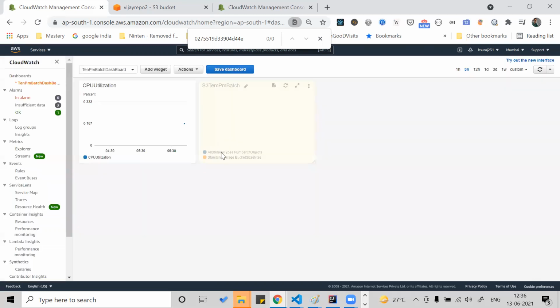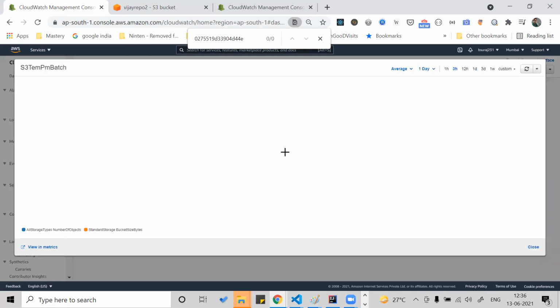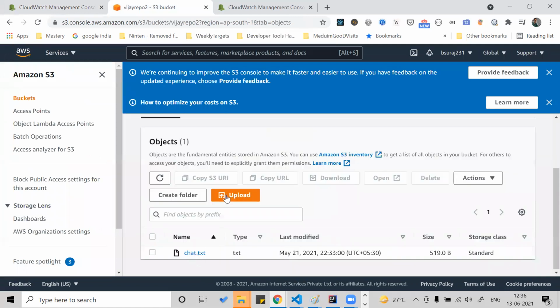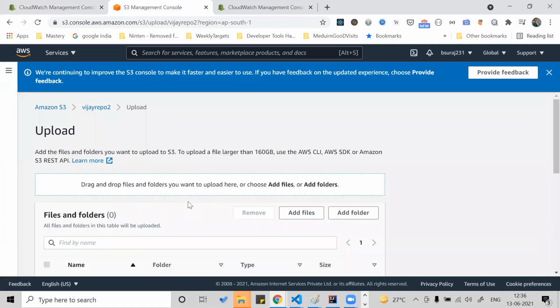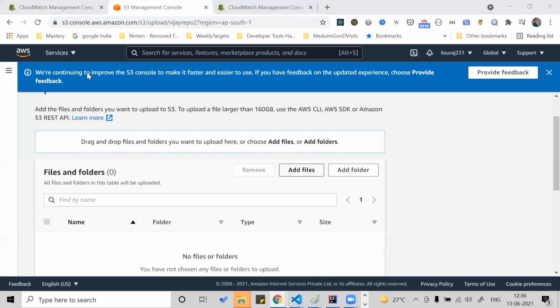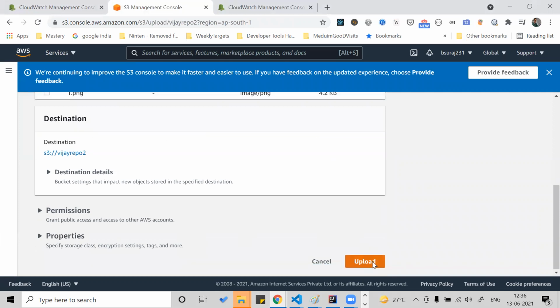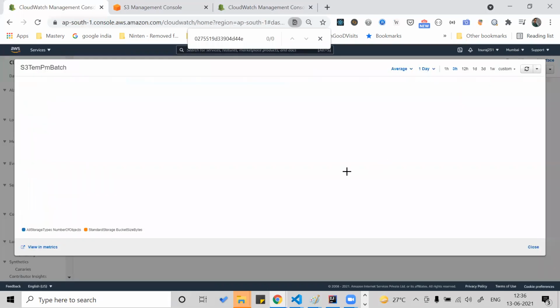You created the widget. Now you can refresh, and as an assignment question, can you get the graph on it? What is the issue with this one? You can view the logs. There is nothing, no changes right now, sir. After changes, we can see it. Shall I upload anything? This is chat.txt. Let's upload, add files. Let's add the pic of AWS itself. Okay, upload. It is uploaded, and you refresh it for the last 1 hour.